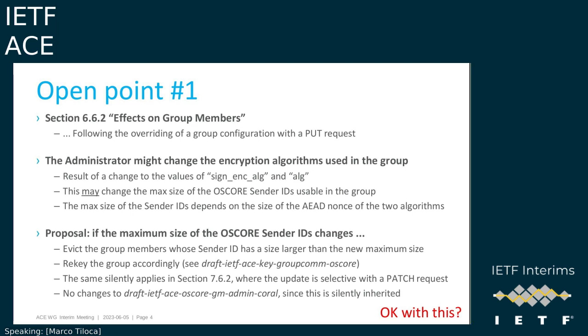So just in the interest of avoiding something very complicated or shutting down the group altogether, which would also be an overreaction, if there's no objection, our proposal would be, in this particular corner case, for the group manager to evict from the group specifically those group members that now have an inconsistent, too large sender ID. We don't need to explain how that particular step happens. It's taken care of in a separate document, but